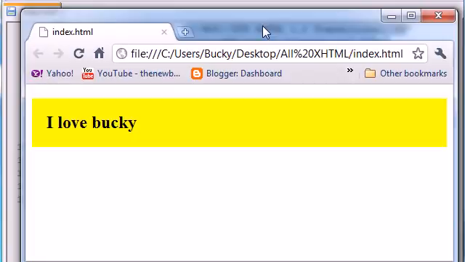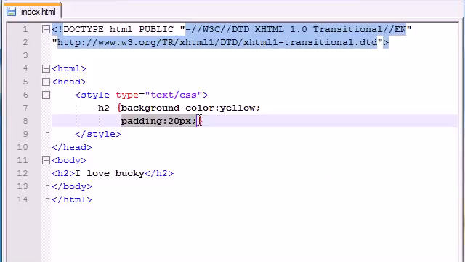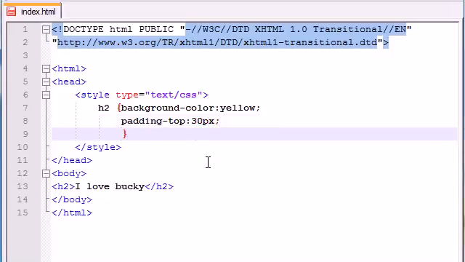But now what I want is padding, but I don't want it all the way around. Maybe you only want padding on the top and bottom. Well, in order to do that, this isn't going to work anymore, because this gives you padding all the way around. In order to change the padding in any one direction, they give you 4 keywords that you can use: padding-top, padding-bottom, padding-left, and padding-right. So let's change it on top and bottom. Padding-top, let's add like 30 pixels. And for the padding-bottom,